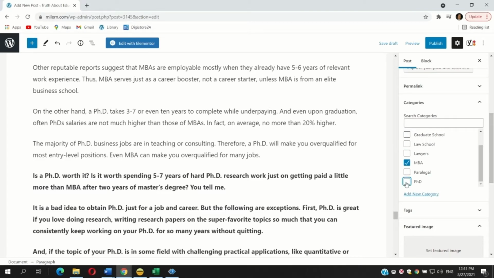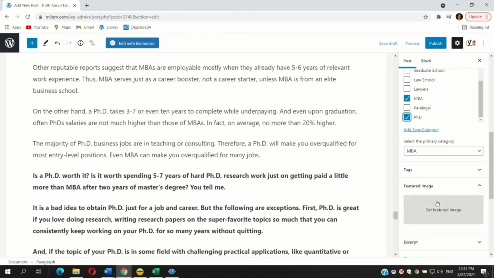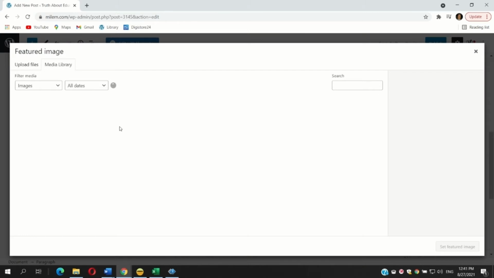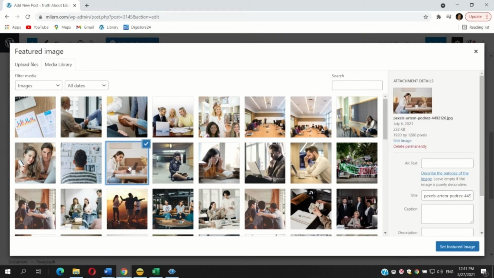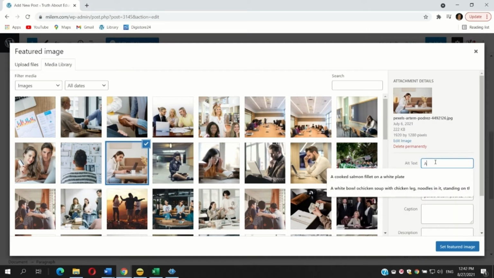But you can see here I'm selecting categories. So if people want to search for categories, I'm going to add an image. Obviously the top image, the primary image. I'm going to look at my library and select some decent photos which I haven't used before, so I don't like to reuse the same photos to show on my blog